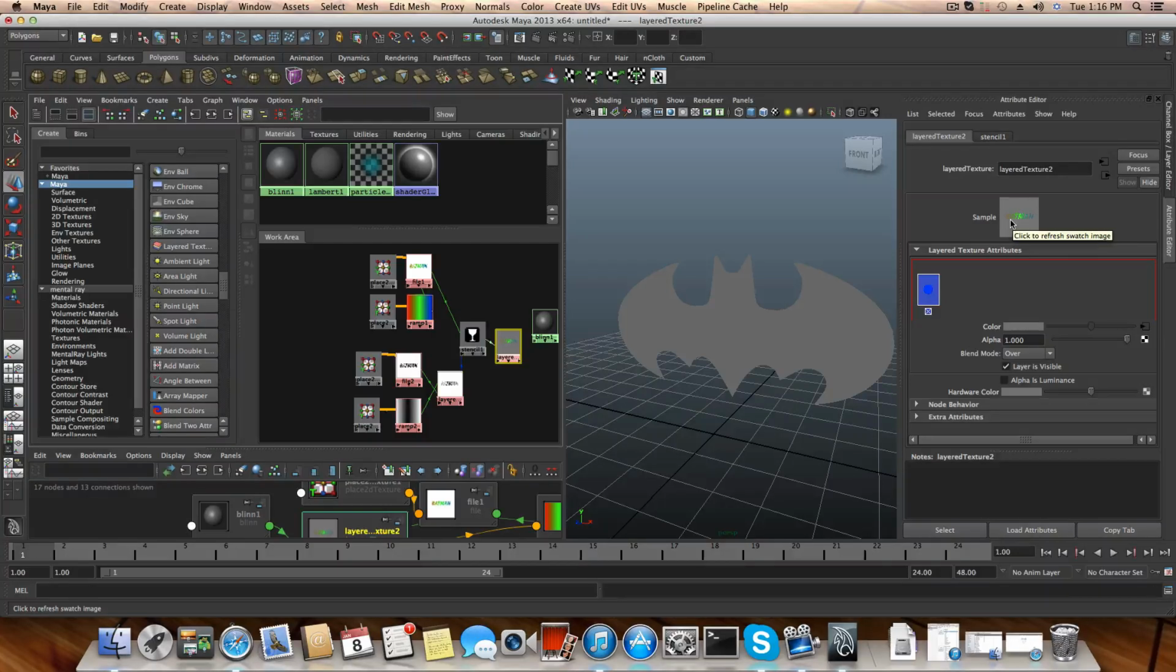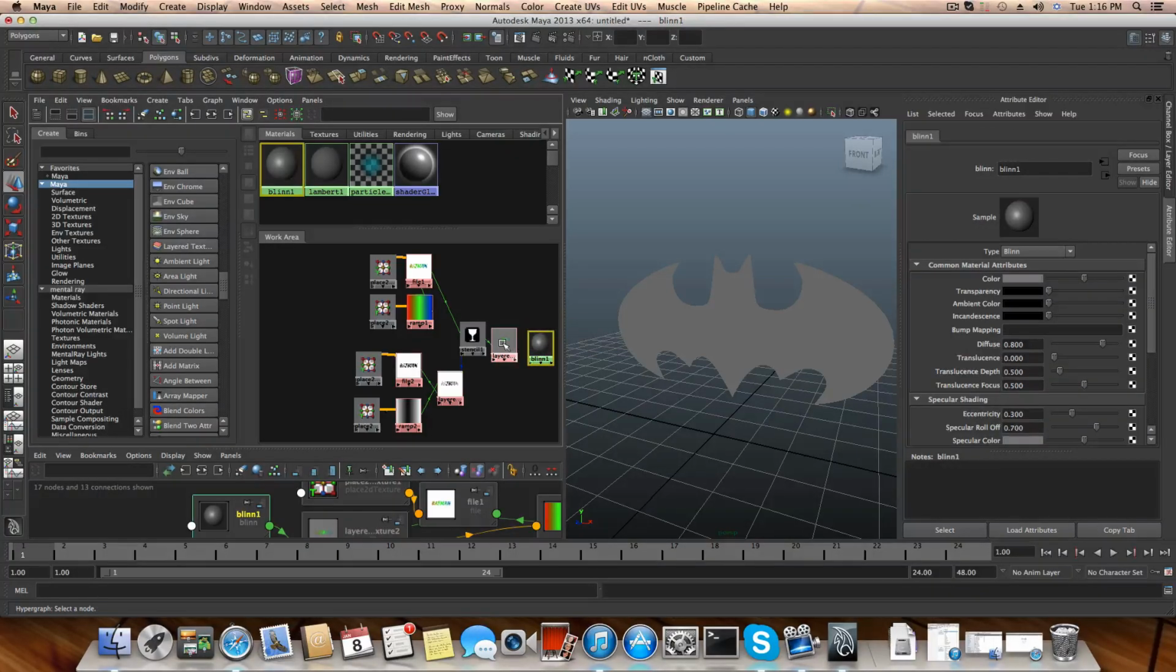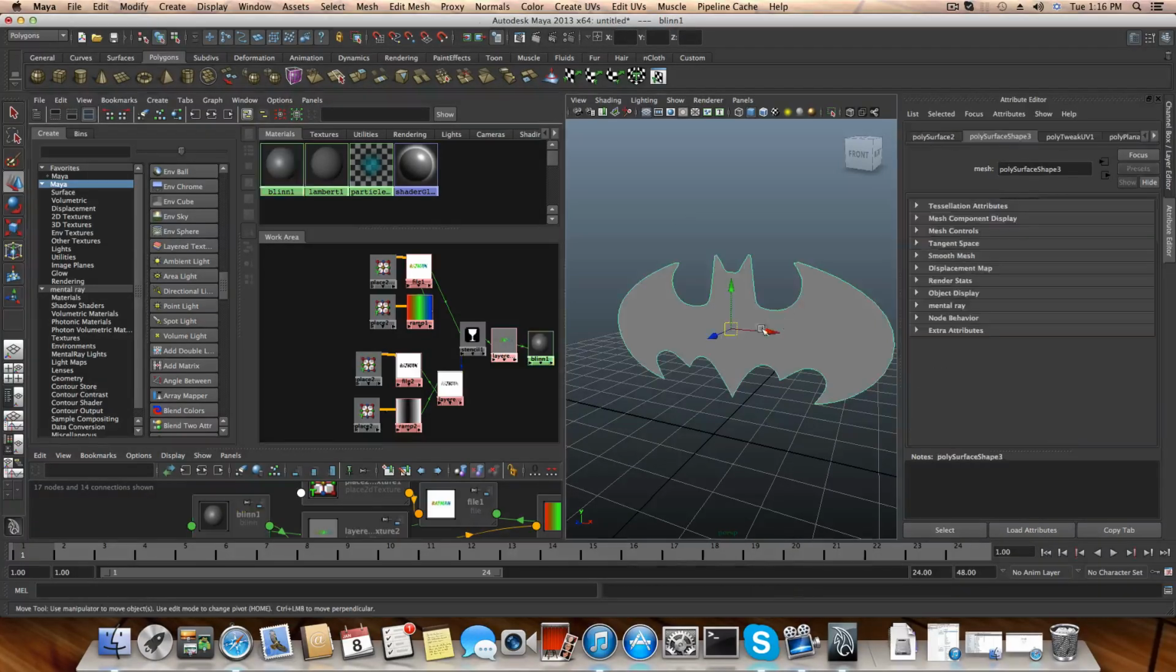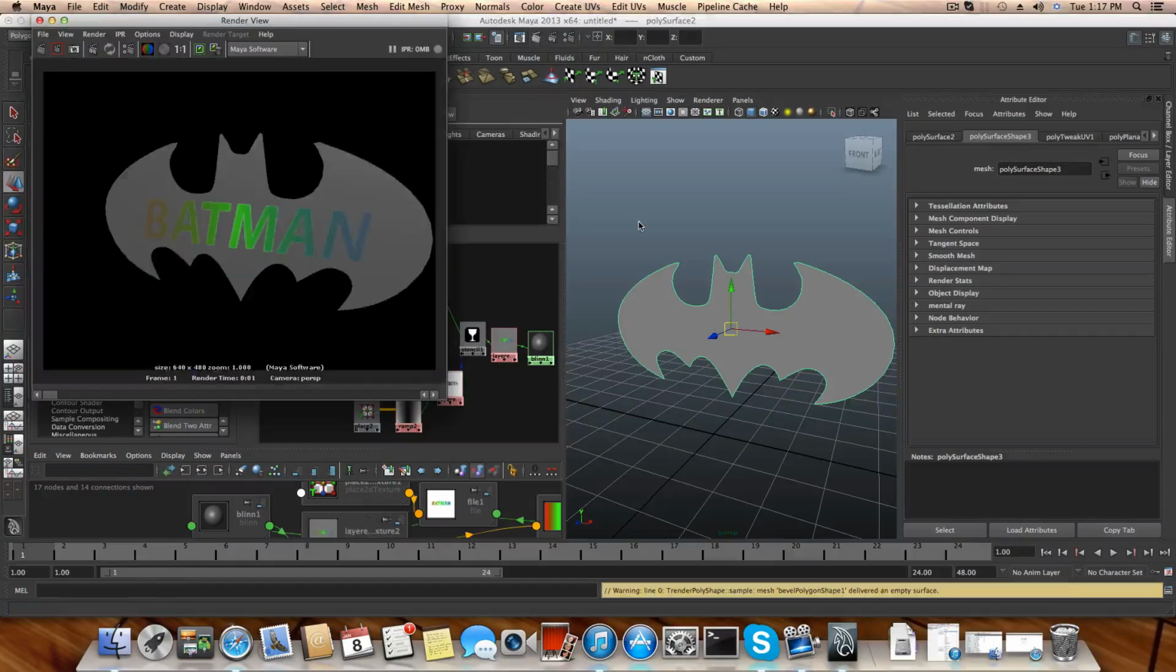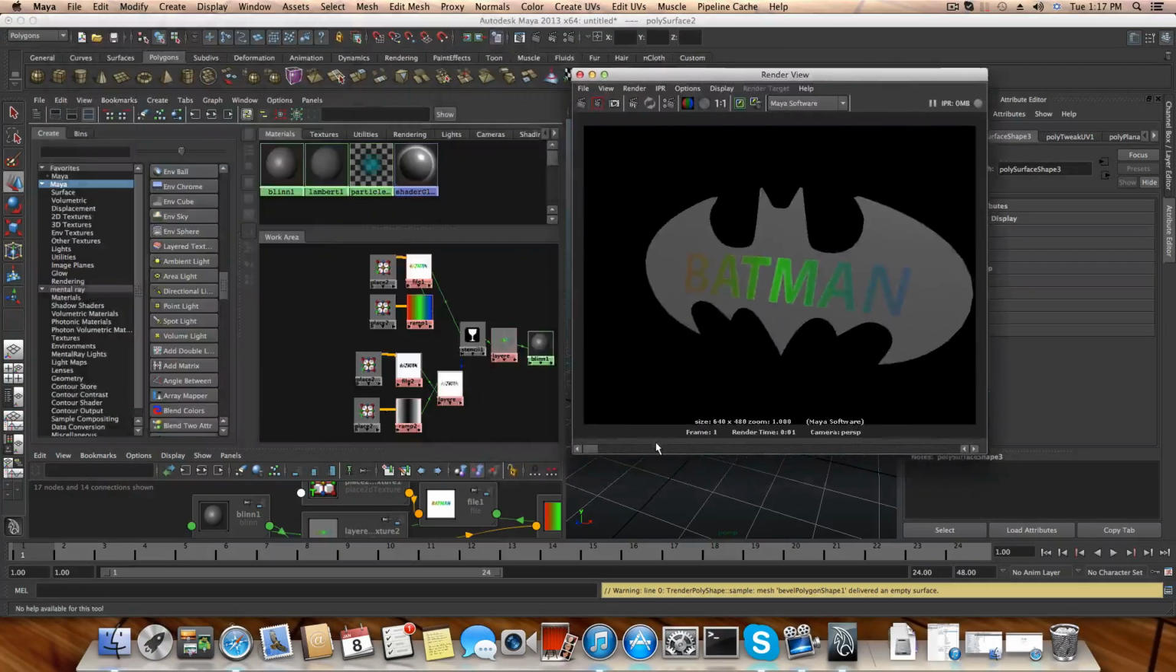Okay, now we need to connect this layer texture to this blend material. So it's very easy, you just grab this with your middle mouse key on top of this blend material and choose color. Okay, now if we render this, by the way, make sure you apply this blend material to the Batman sticker, right click on your blend, assign material to selection, and then let's render this. So this is what you will get, the Batman on top of this sticker, okay, with all those colors,